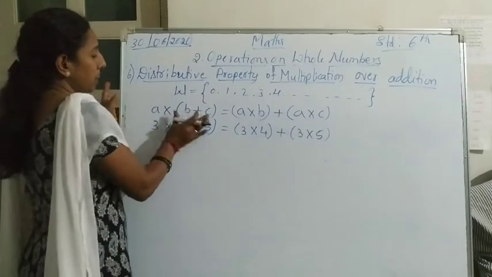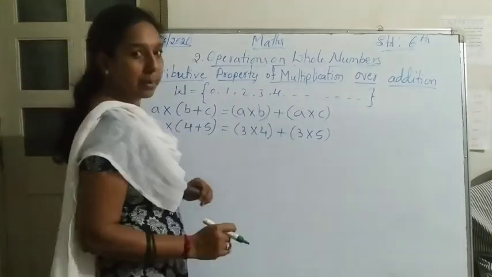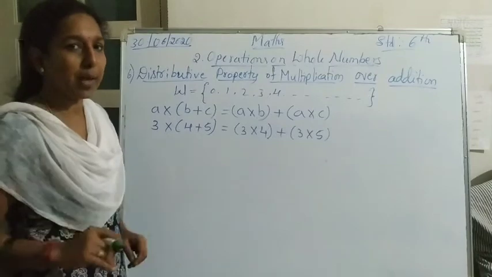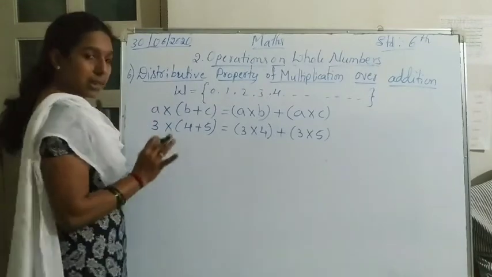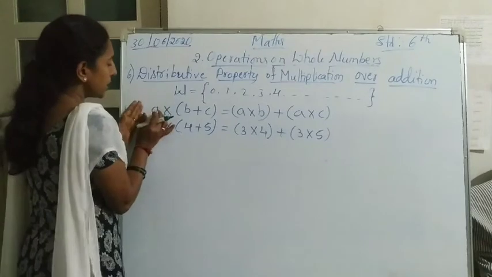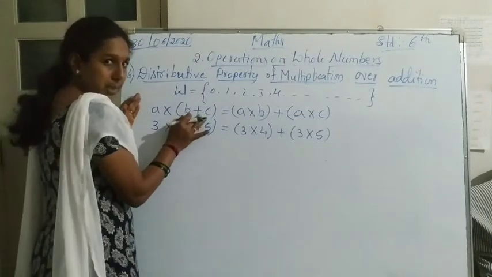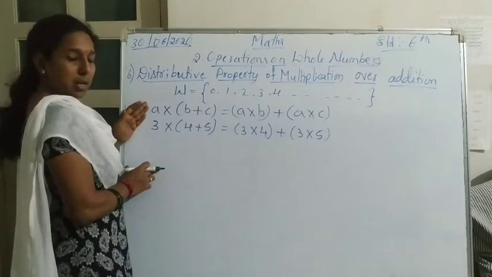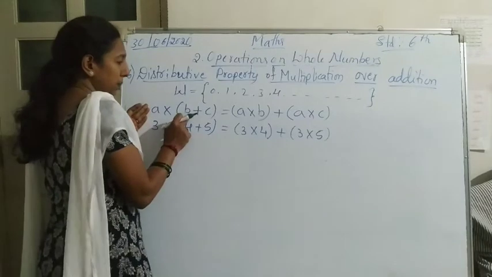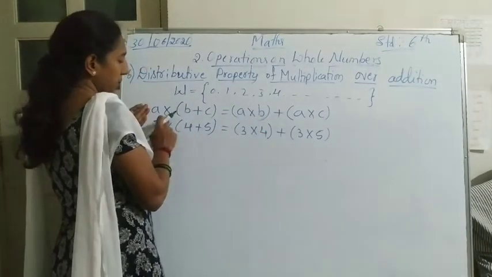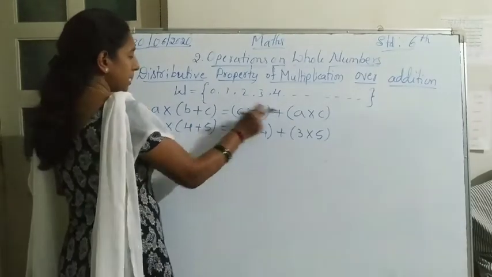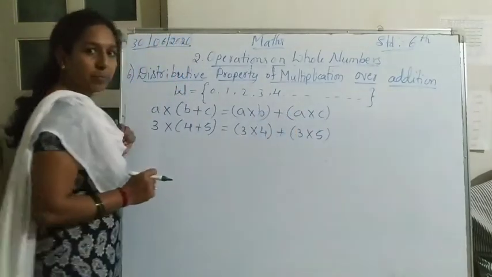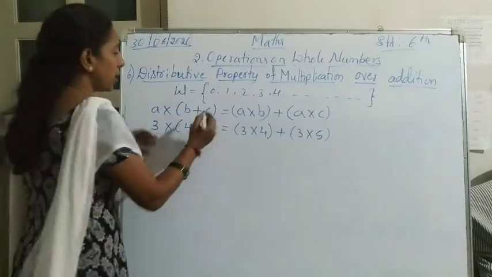If numbers are given, we have to write like this and then we have to multiply. So this you have to remember, children. Actually, it is very easy to remember. I will explain how. For example, any numbers are there. What do we have to do? First, this is the multiplication sign. Here plus is there. So this number I should multiply with both the numbers. First I will multiply with the B. That is A into B I will write first. Plus sign is there, so plus. Next I should multiply with the C. So A into C next.